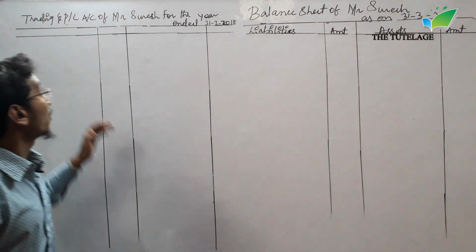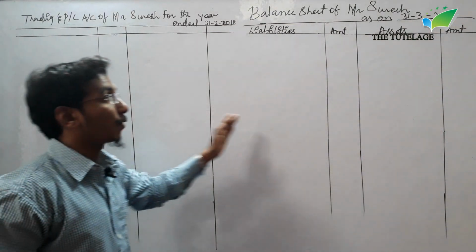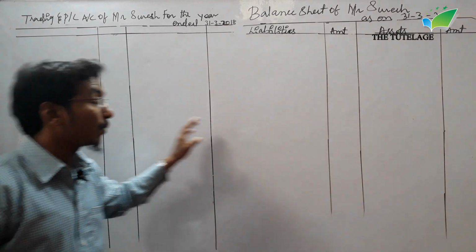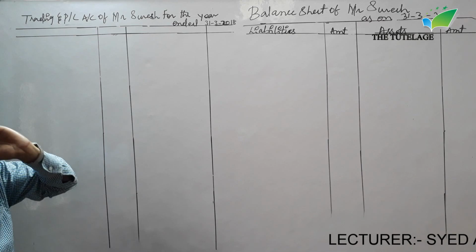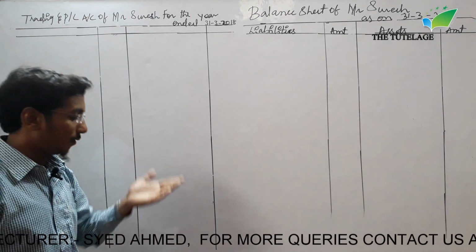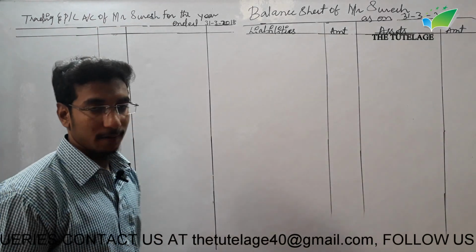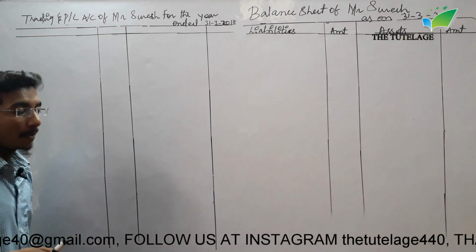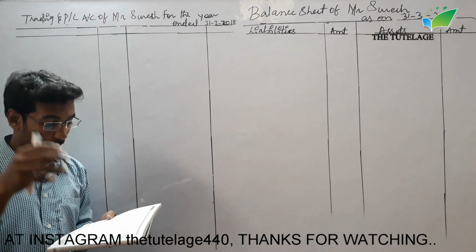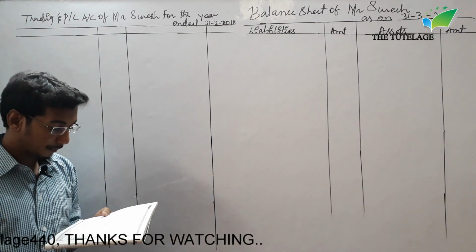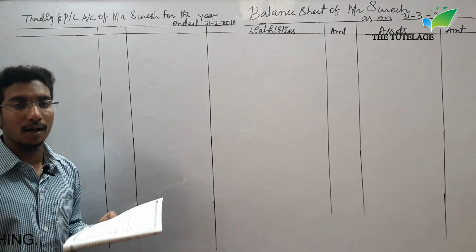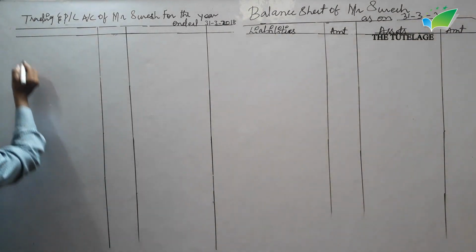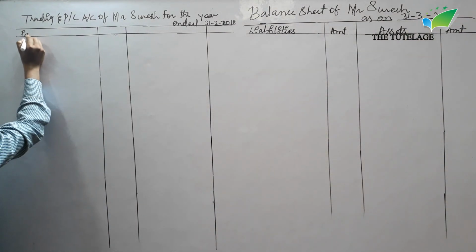This is the pro forma of final account, and this is the pro forma of balance sheet. First we solve the final accounts, then we solve the balance sheet, to check that our balance sheet tallies and we didn't make any mistake. I have the question, and you also look in your question. Opening stock we should record on the trading account debit side. Here, these are the particulars,